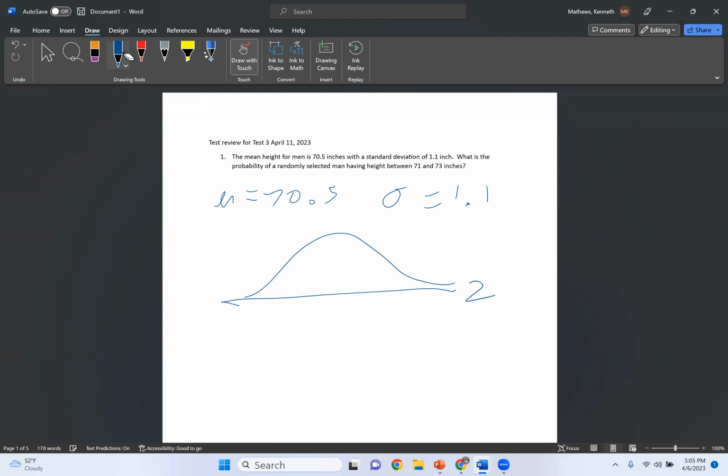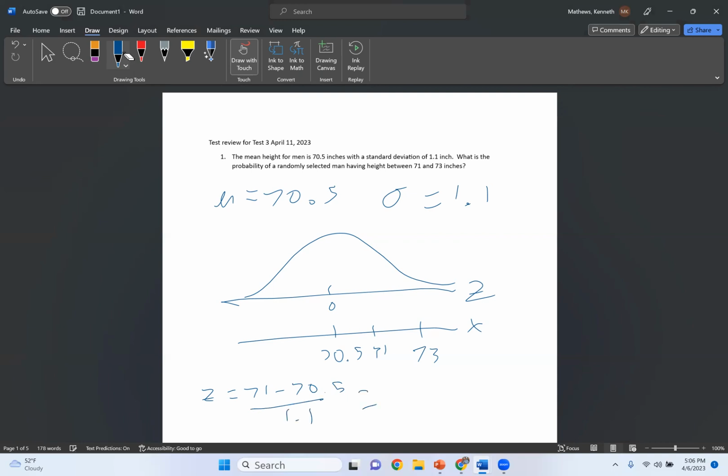So here's z. Here's x. Here's 0, which is 70.5. And here is 71. And here is 73. So now we need z-scores for 71 and 73. So the z-score for 71 is going to equal 71 minus 70.5 divided by 1.1,